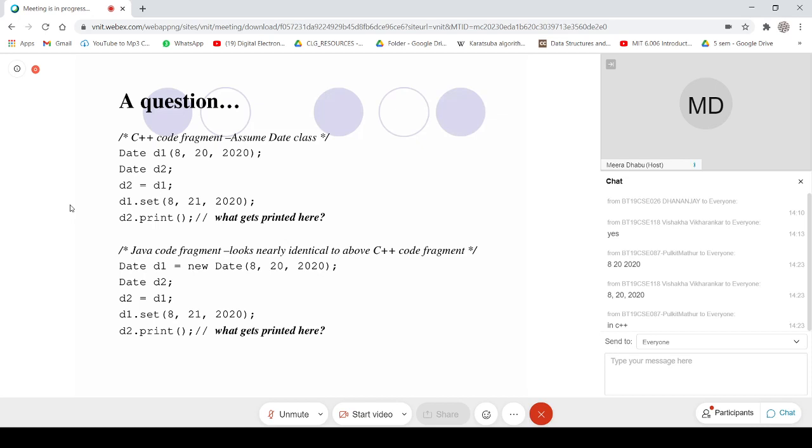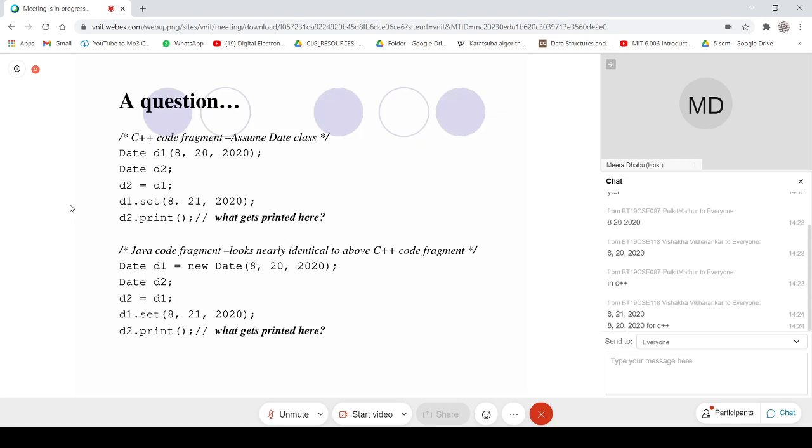And what about the output of the Java code? While writing your answer, I will appreciate if you mention whether it is for C++ or Java. Those who submitted their answer, I request them to resubmit it saying that you are writing it for C++ or Java. Okay, Pulkit is saying for C++, 8/20, 2020. That is no change, right? You are saying that there will be no change.